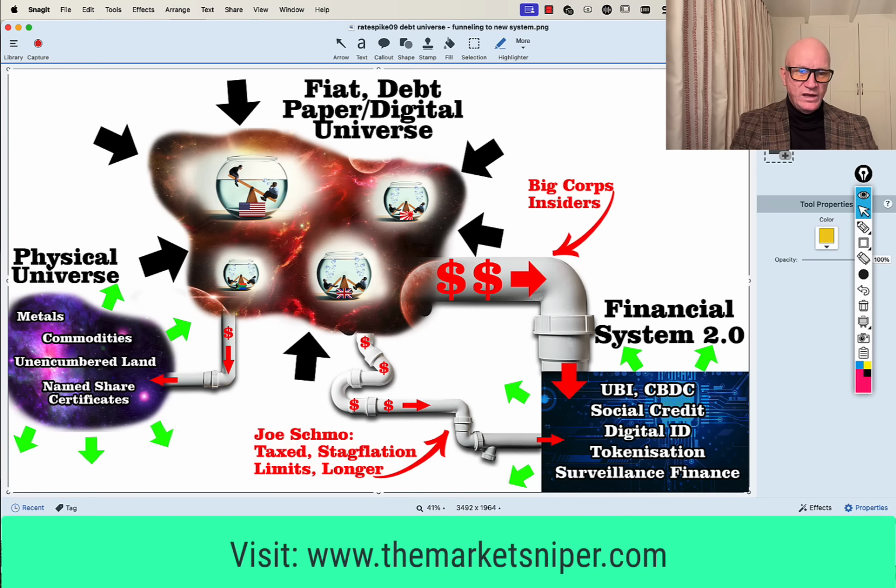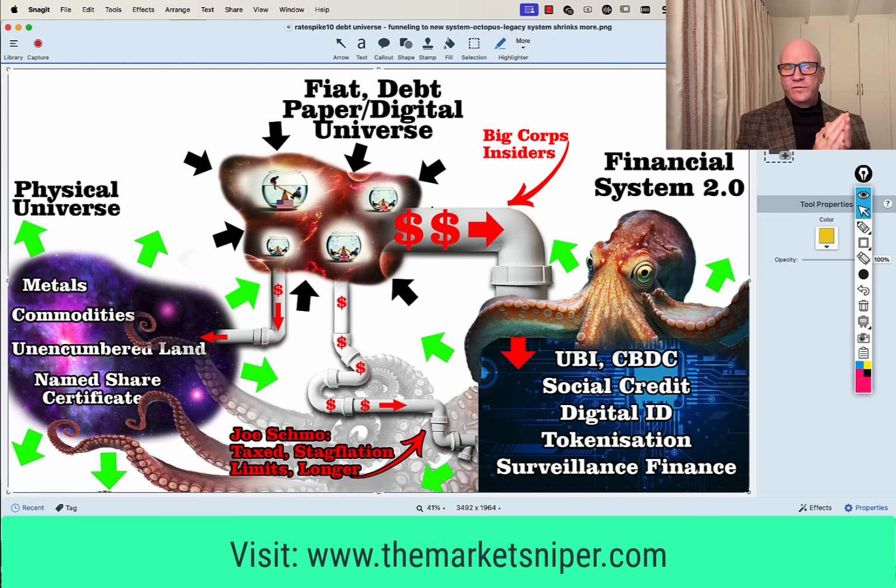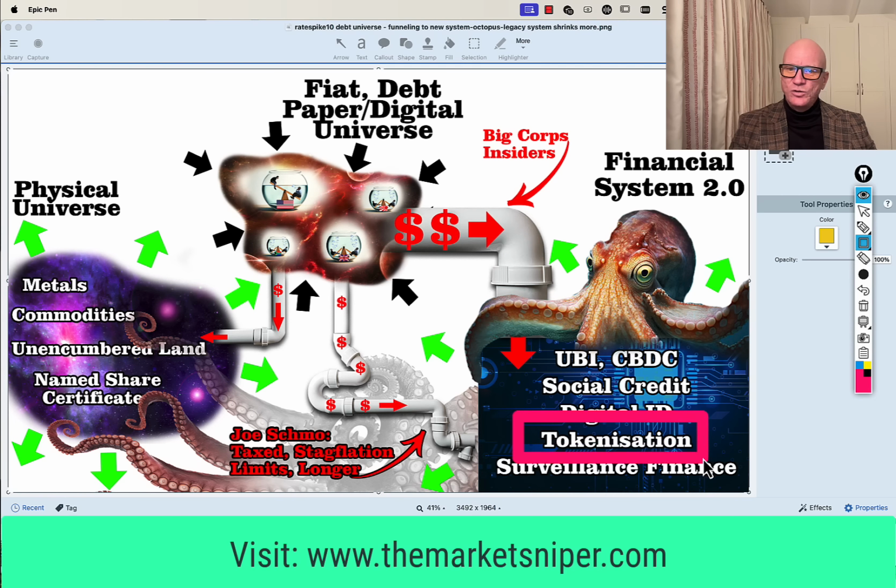So if we continue moving, what goes on next? Well, the problem for us in the metals game, our bladder has now been made so small, most of the money has been pumped into financial system 2.0, the great tentacles of financial system 2.0 will not want you to escape, because now your metals, commodities have done well. You could face similar capital gain taxes on your metals and other things, which have actually just retained value in a peanut money system that is in a state of collapse. And of course, the great danger word here, that is tokenization, made popular by yours truly,